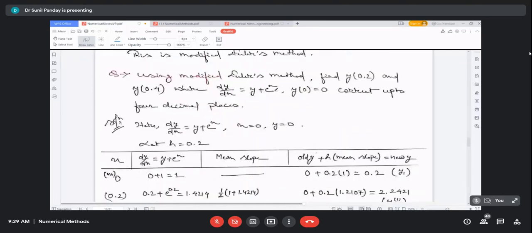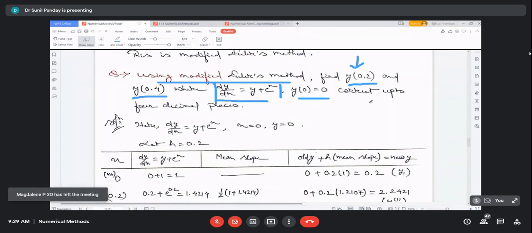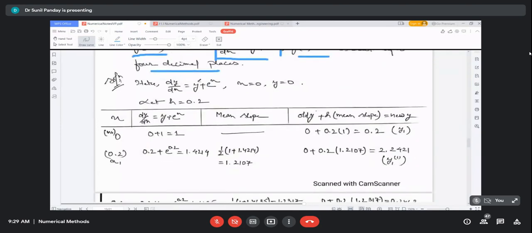So this is the problem we have. We have to use the modified Euler method to find the value of y at 0.2 and 0.4, and this is our dy by dx, that is the definition of f of x y, with the initial condition y at x0 equal to 0. And here we have to go up to 4 decimal places, that is, we have to be correct up to 4 decimal places. So first you identify the